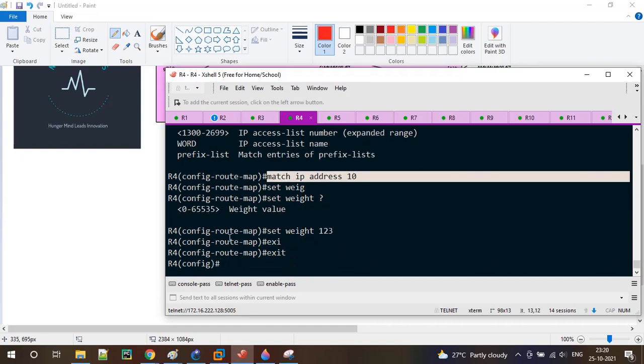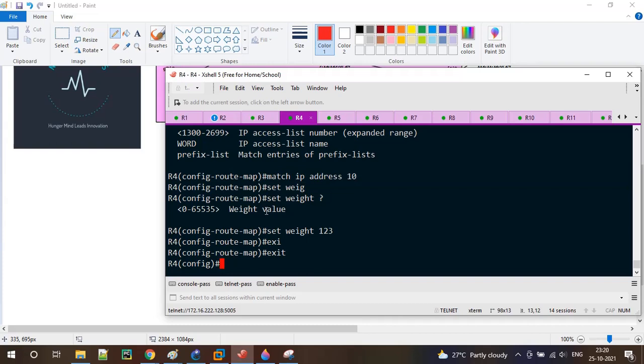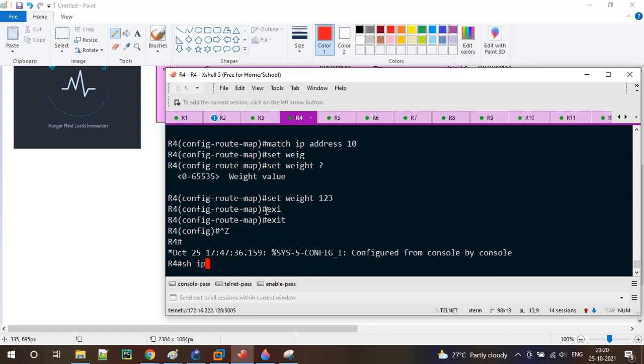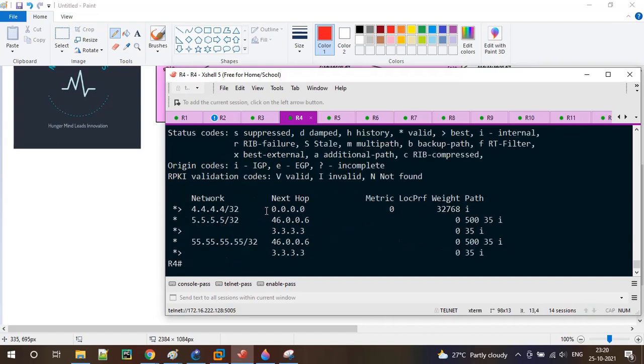Okay, so that's it. Now if I leave this just like that, what happens? Before applying this config to my neighbor, let me just show IP BGP. Now I'm receiving 5.5.5.5 from R6 and also from R3. Am I right? And also I'm receiving 55.55.55.55 from R6 as well as R3, right?